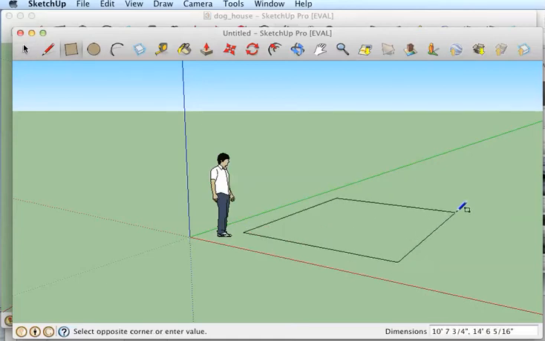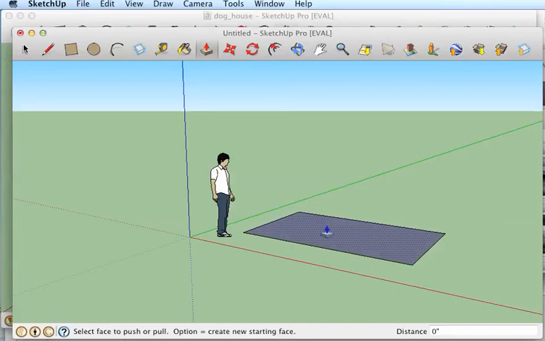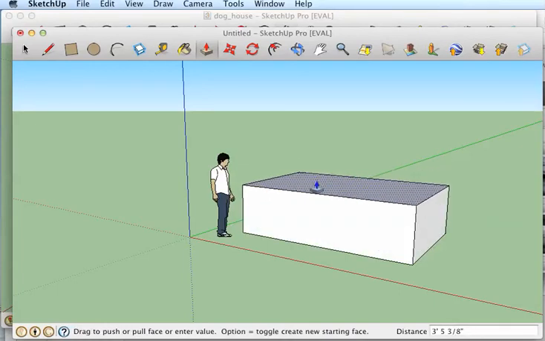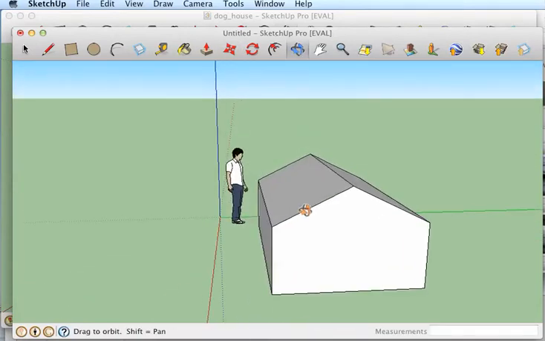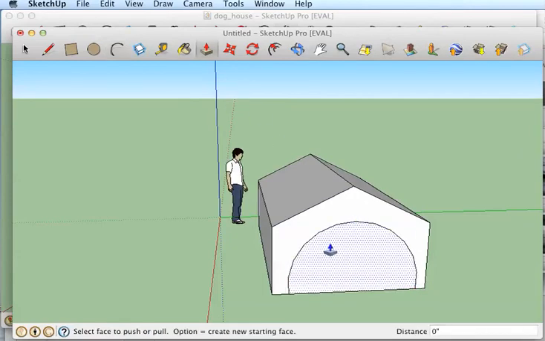I'm going to create a little box on the ground, click the pull tool and pull that up, maybe create a little line on the top, snap it to the midpoint, snap to the end of the midpoint, then drag that straight up to make a little roof. And let's make a little opening here for the dog to go in. So make a little stylish one, make it an arc from there to there, maybe go up to about here, and then again take that and push that